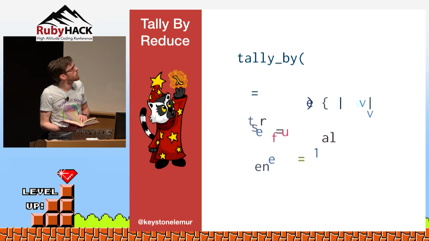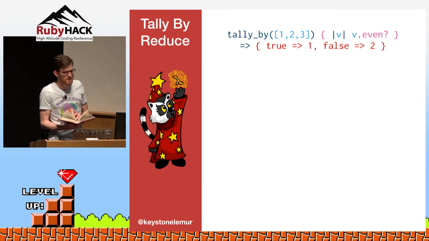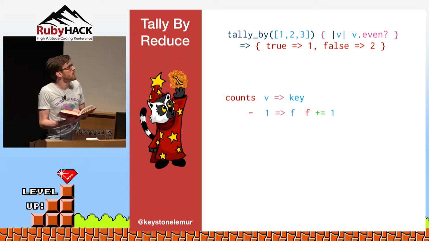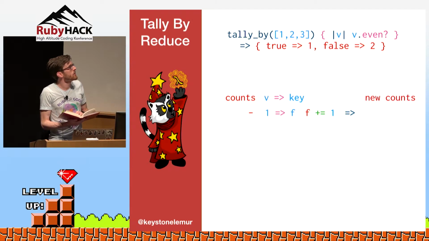So how exactly would that work? It looks a lot like our other functions in that it takes in an array and a function and returns back a hash. So just to step through this, and I do apologize because slide real estate is such a finite space, we're going to cheat a little bit. So we start out with no counts, and our first value is 1, which happens to be false. So we're going to add 1 count to false, which means now we have new counts that we're going